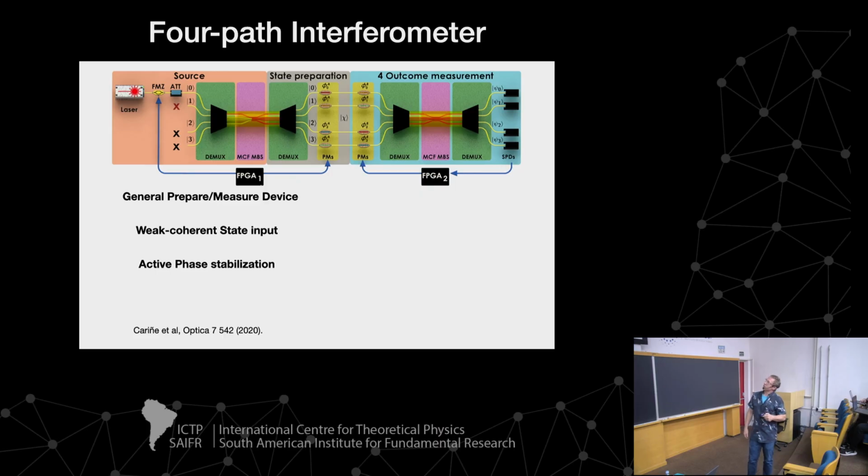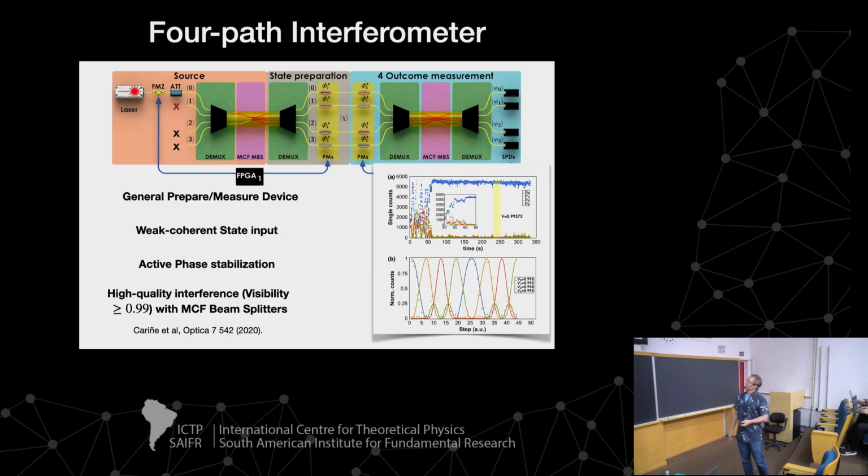So we have to couple out of the multi-core fiber into the single mode fibers to modulate in the state preparation, and then we do the same in the state measurement. Even with this setup, coupling out of the multi-core fiber, we still get really good interference visibility. But to do that, we have to stabilize the interferometer, so we do it with a feedback